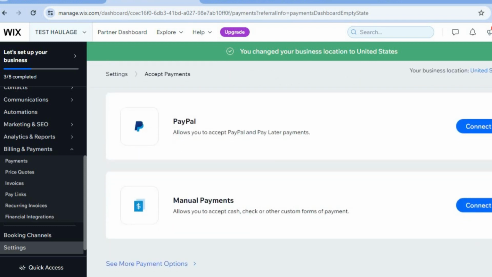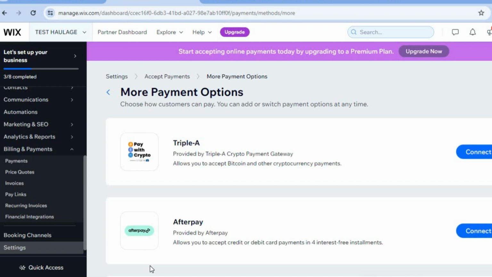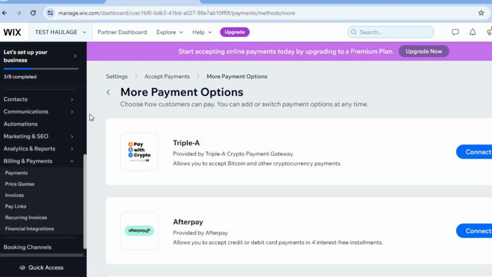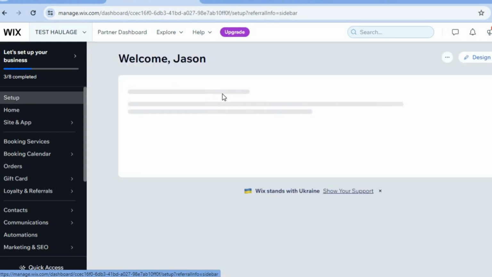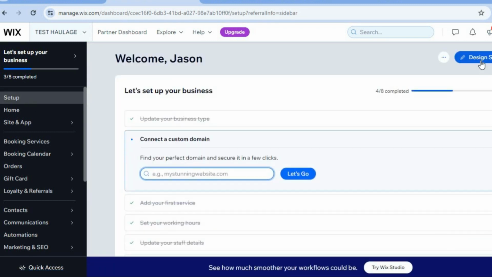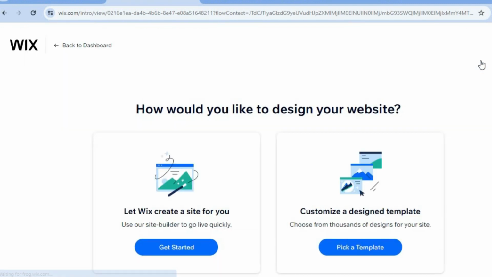And to connect even more payment options, you can tap on see more payment options in the bottom left hand corner. Once you are finished doing that, you are going to go back over to the left hand menu option, tap on settings at the top left hand corner, and you are going to tap on design site in the top right hand corner. Once on this page, I want you to tap on pick a template,